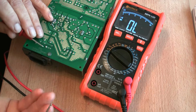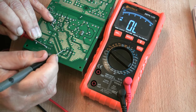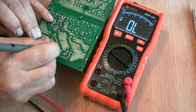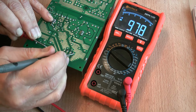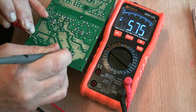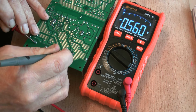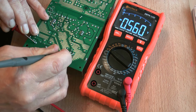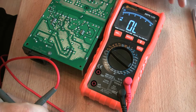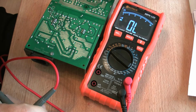Now swapping the polarity of our test probes over, I put plus on here, you will see that we now have an open circuit to that point there. Go over to the other terminal output of the bridge rectifier and get the voltage drop. Bring our test lead over to the other mains input and we get the voltage drop there. Nothing there. So basically speaking, we can forget about that bit of the circuit. Now,